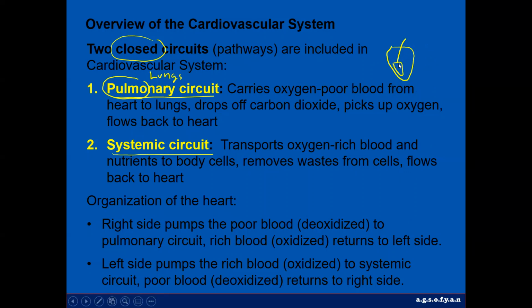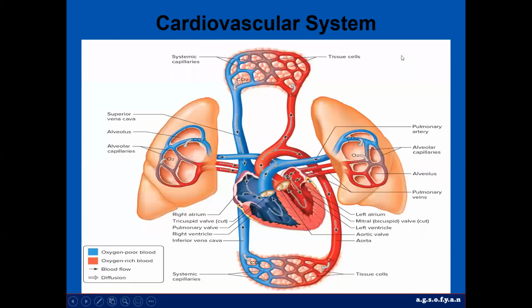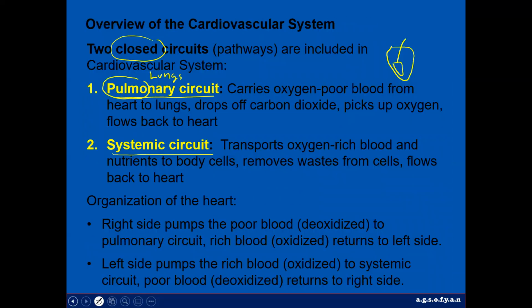The right side of the heart will carry the blood to our lungs. The blood vessels that carry this blood are going to be arteries, and there will be capillaries inside